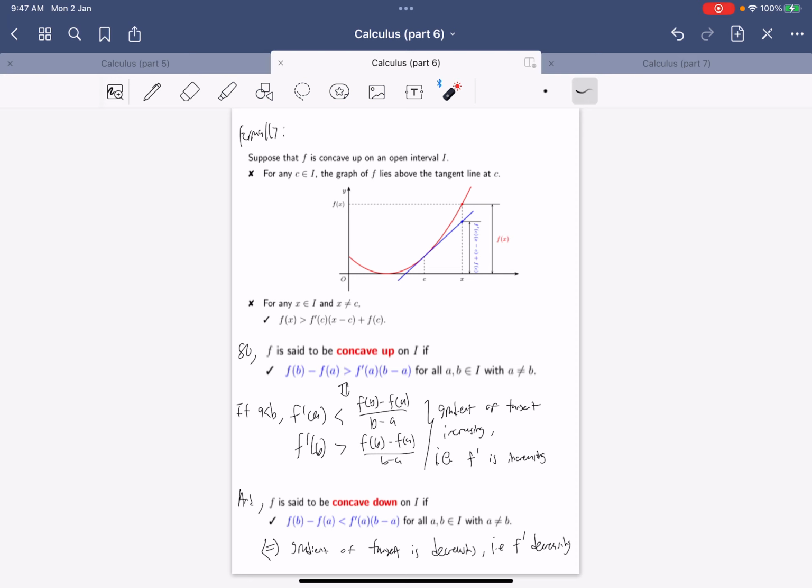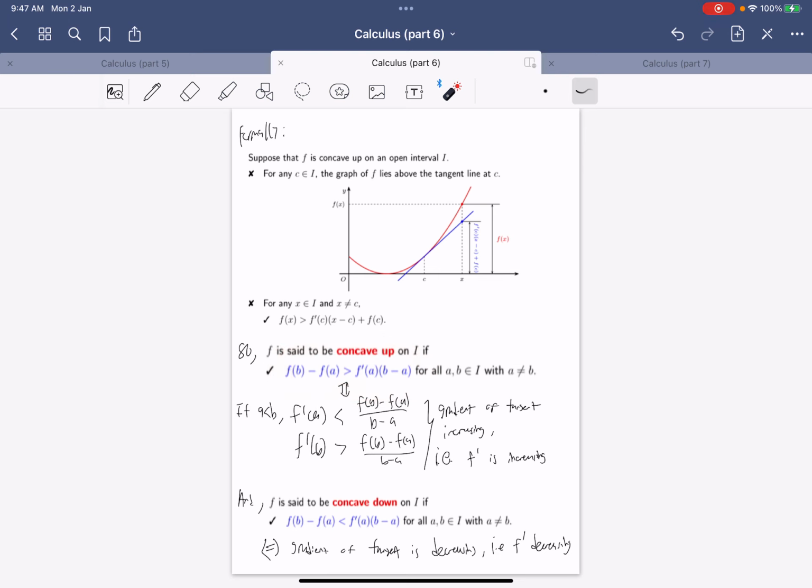And thus, f is said to be concaving up if f(b) minus f(a) is larger than f'(a) times (b minus a) for all a and b within the interval, because you can shift this f(c) over here and then replace the variables. So this is the definition of concaving up, and you can prove it's equivalent